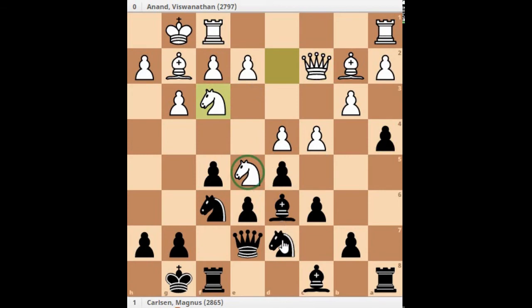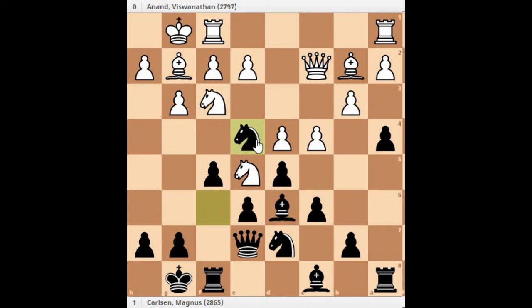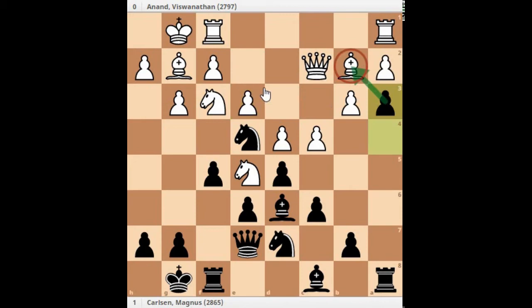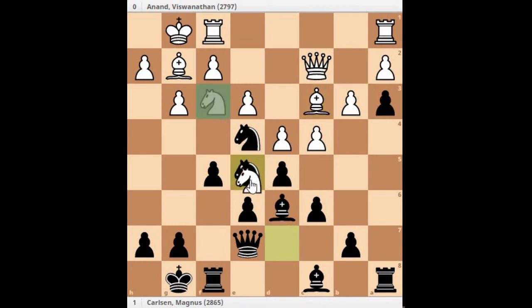So here at this position, Carlsen also played knight to e4. So he also found a very interesting outpost for his knight, and now the game will continue with first e3 and now a3. So Magnus Carlsen is trying to attack the bishop, so of course the bishop has to move. So bishop moves to c3, where knight takes e5, and now knight takes e5.